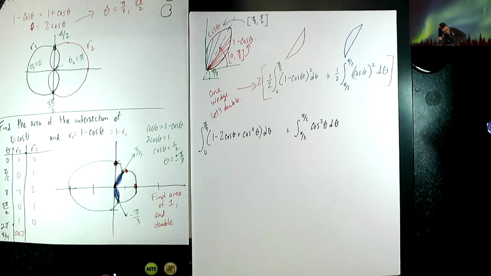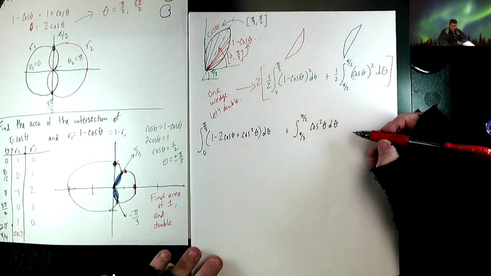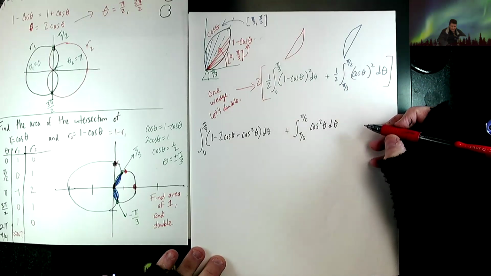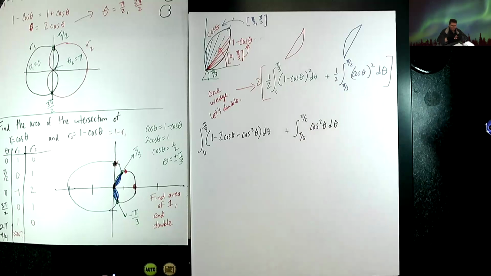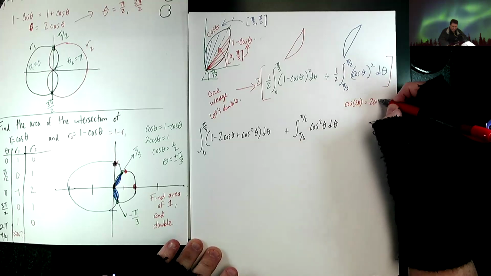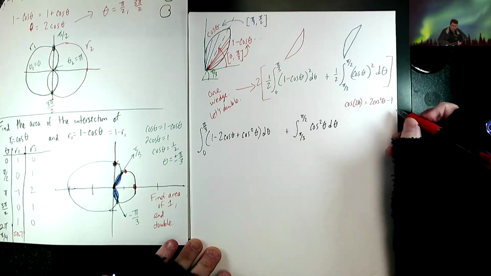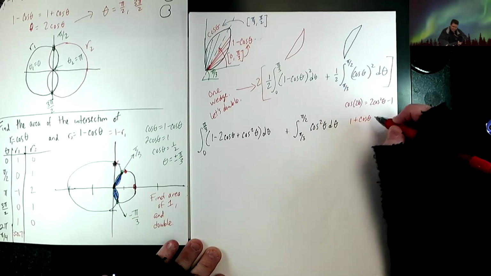Anyone remember what we do to deal with cosine squared? Oh. Yeah, it's a power reduction. How do I do that? Let's start with the cosine 2 theta formula, since most people can't jump to the reduction formula. That is 2 cosine squared theta minus 1. It ends up being plus. So if I add the 1 over and then divide by 2,